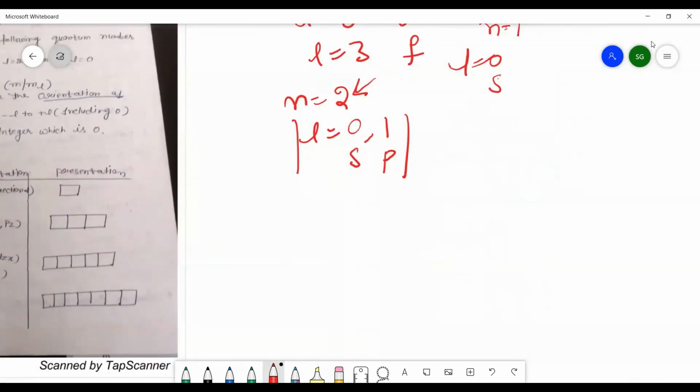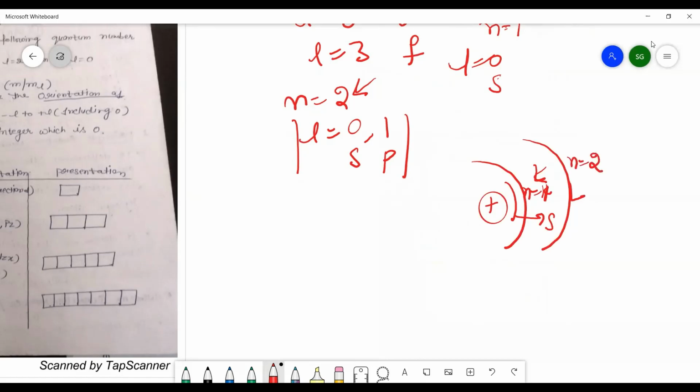देखिए इसको और ध्यान से समझिए. अगर हमने ये लिया आपका n इज इक्वल टू 1, का मतलब है K शेल, तो K शेल में ओनली s ऑर्बिटल प्रेजेंट होगा. और अगर हम जाते हैं L शेल में, L शेल का मतलब है n is equal to 2 because L is equal to 0 and 1. So in that case it has both the orbitals s and p orbital because L is equal to 0 signifies s and L is equal to 1 signifies p.